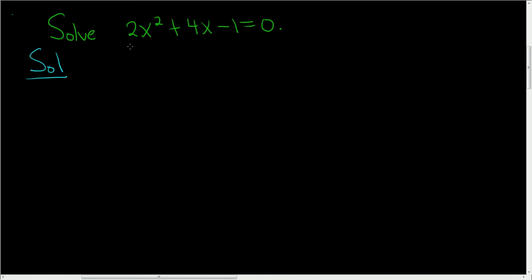When you're completing the square, the first thing you want to do is isolate all the x terms. So we will add 1 to both sides. Easy enough. So we get 2x squared plus 4x